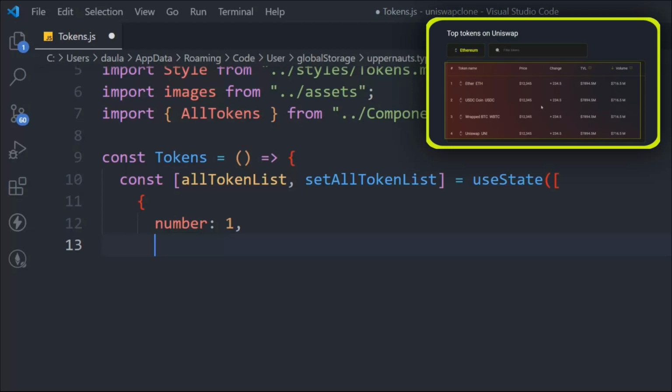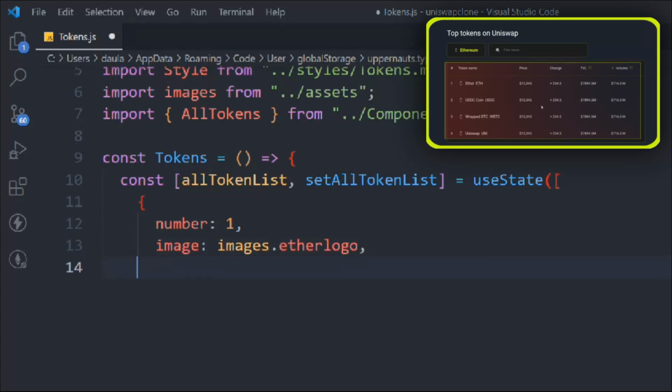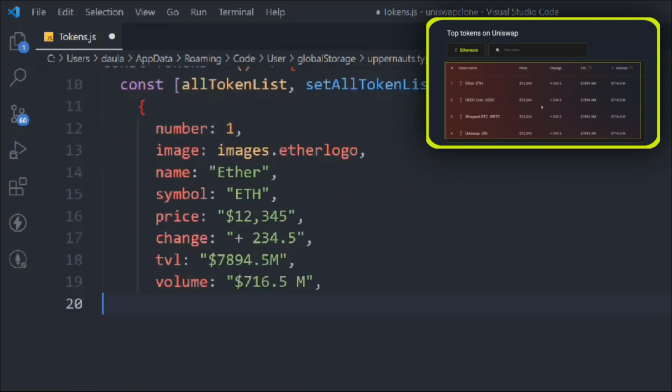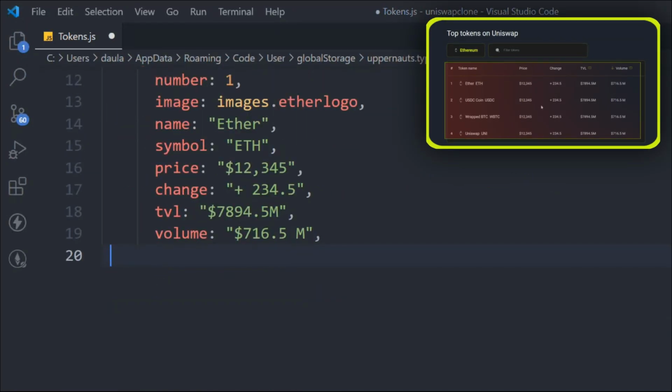So this one is going to be the image, the Ether logo. We have to define the name, Ether. We have to define the symbol, ETH, and we define the price, and the change, and the last ones are going to be the TVL and the volume. So these are the data every single token will have. We're going to add more